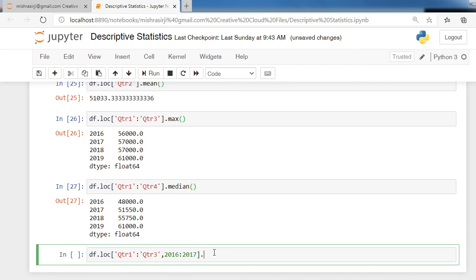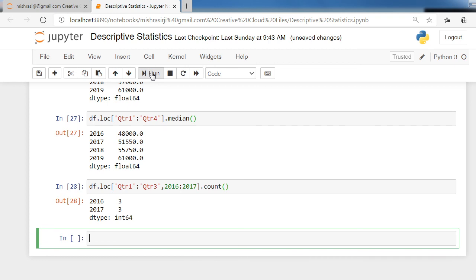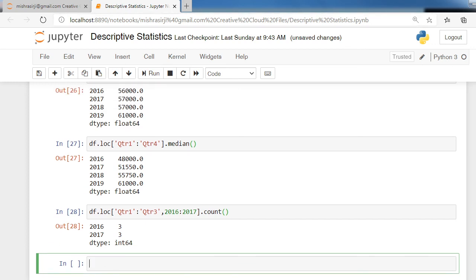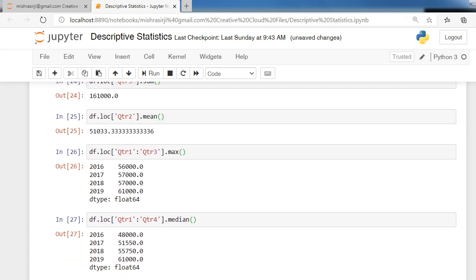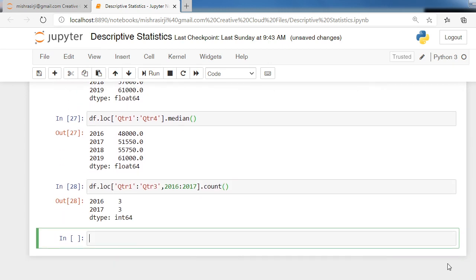I am writing here dot count. Now see the answer. The total number of values is 3 from columns 2016 and 2017.